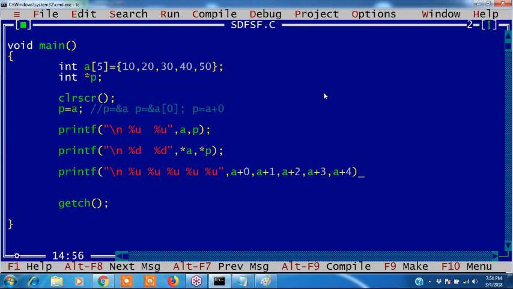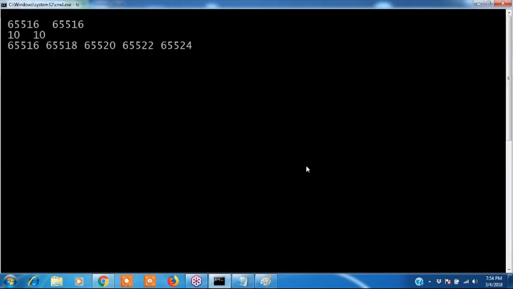These are all addresses of elements. The 0th element address, first element, second element, third element. See this? It's 516. Next element 518, 20, 22, and 24. Got it? Are you following? I printed the addresses of those elements.